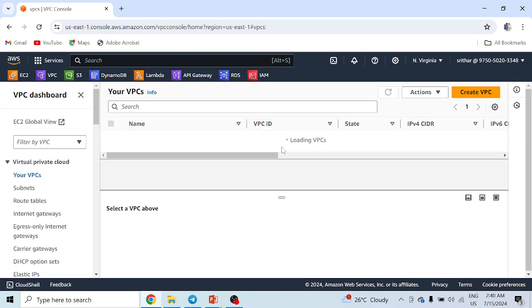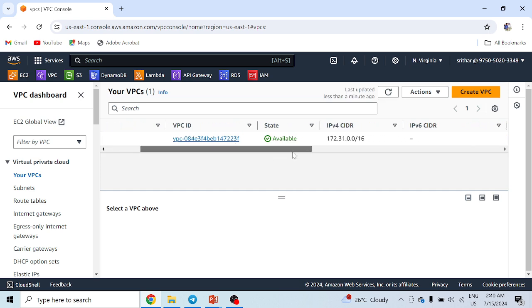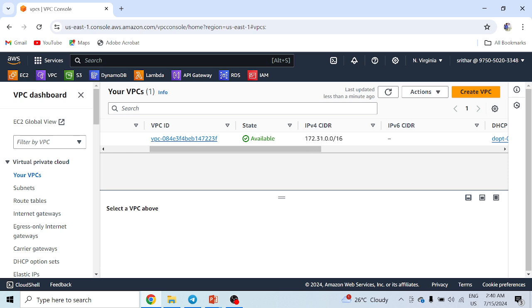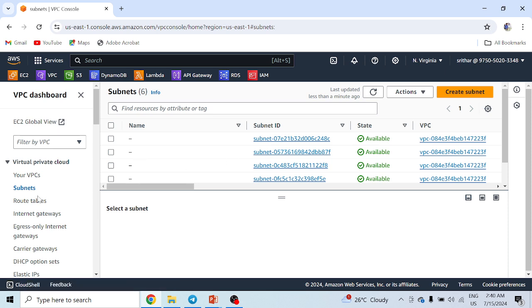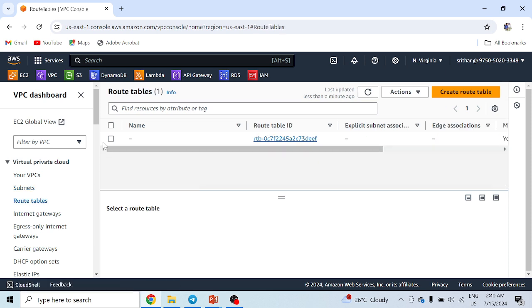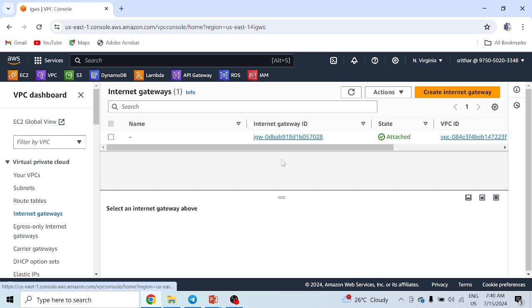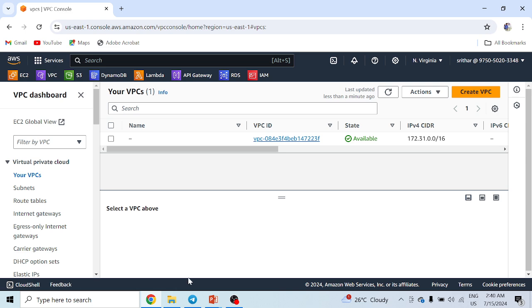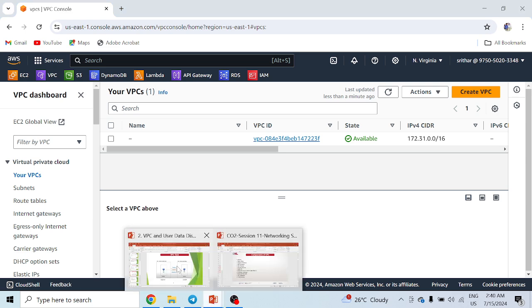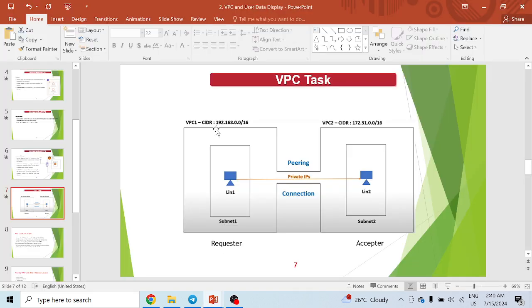Go to your VPC and check it out. This is a default VPC with the IP range 172.31.0.0/16. For this VPC, the subnet is already defined and the routing table is configured, and the internet gateway is also there. So one set is completely ready. You need to prepare another set, that is our newly created VPC,